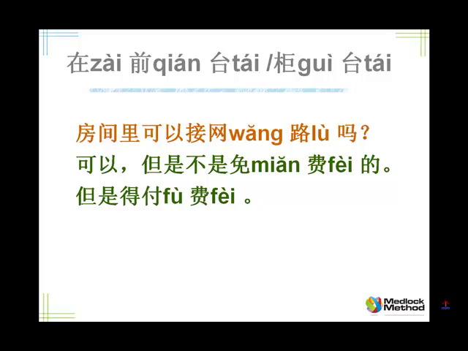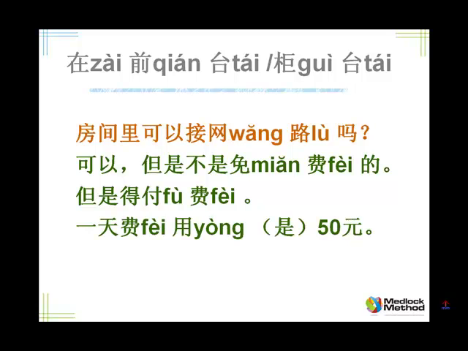Now, 邱老师, you said it earlier, fee. Can you remind us how do you say the fee? 费用 literally means fee to use. And for the day? 一天. So the fee for the day? 一天费用. Either way, you can say 费用一天. Tell me, the fee for the day is 50 yuan. 一天费用是50元。